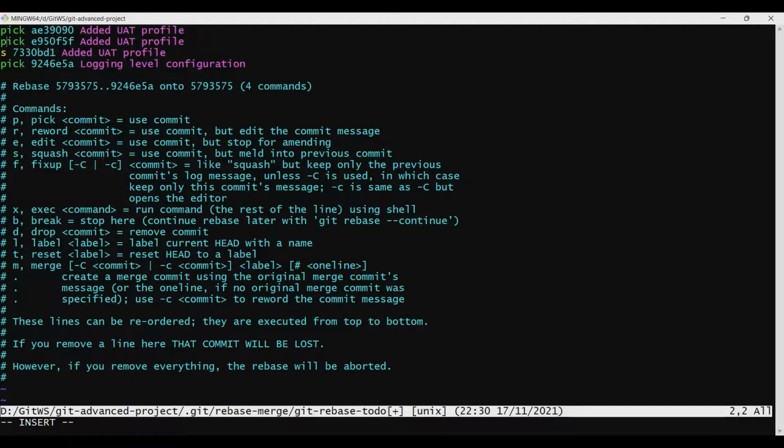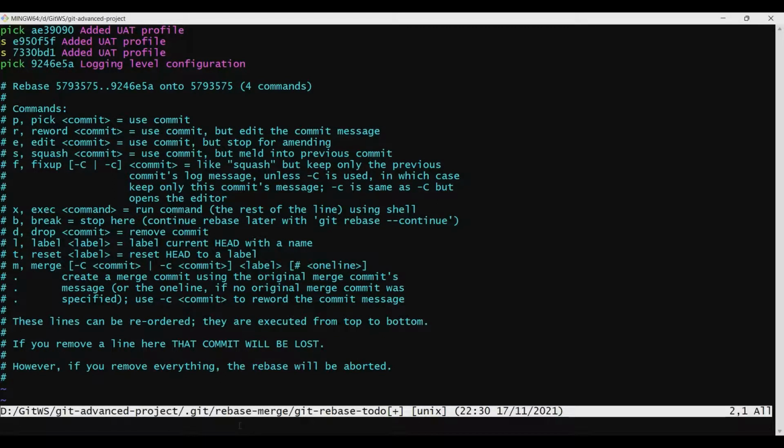Then the commit above it also, we want to merge with the previous commit, so we'll change this to s as well. And the commit AE39090, let's keep it as it is. So what this essentially means is this commit would get merged into this, and this commit in turn will get merged into this. So in the end, we'll be left with one commit with the message added UAT profile.